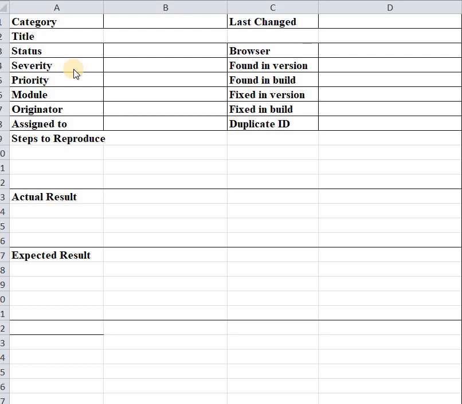So these are the four severity levels. Then the next field, which is found in version. So in which version of your application this defect is, that version number is here. Then priority, in the priority section